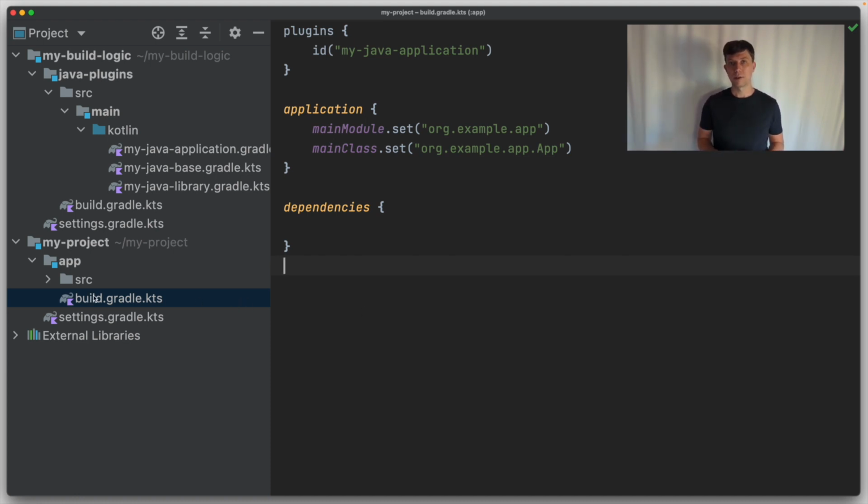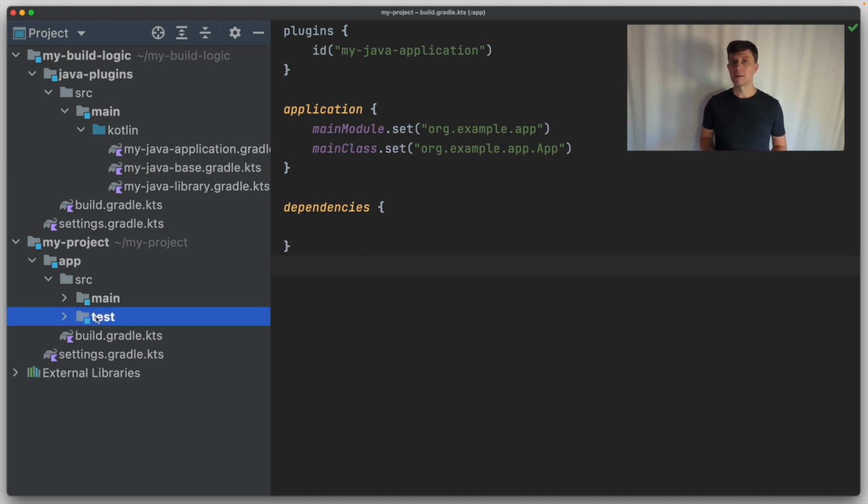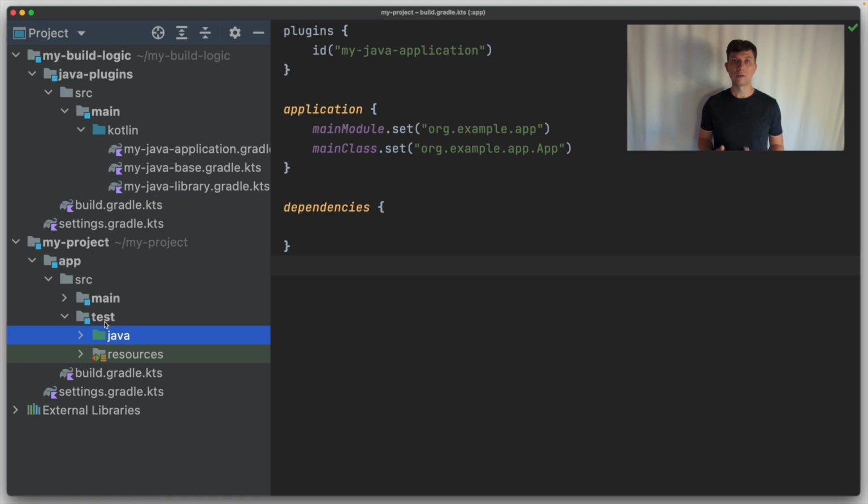As in the previous video, I use an example with only one module, the app module. But everything we look at then also works in a multi-module setup, like you know from most of the other videos. And still, to be consistent, I'll put most of the Gradle configuration into a convention plugin. First thing to remember is that test code usually is located in the same module or the same project as the production code. By default, it's located in the src/test/java folder.